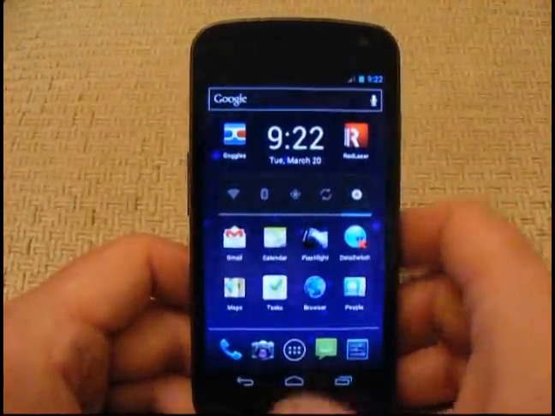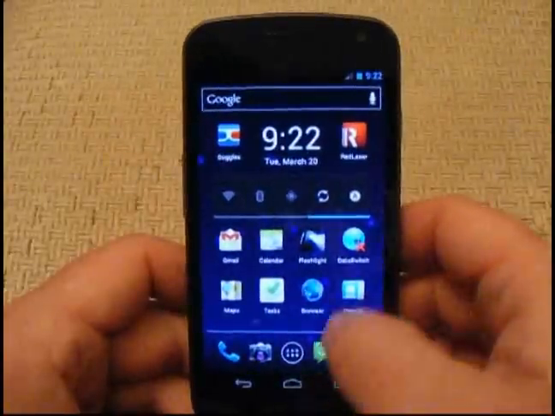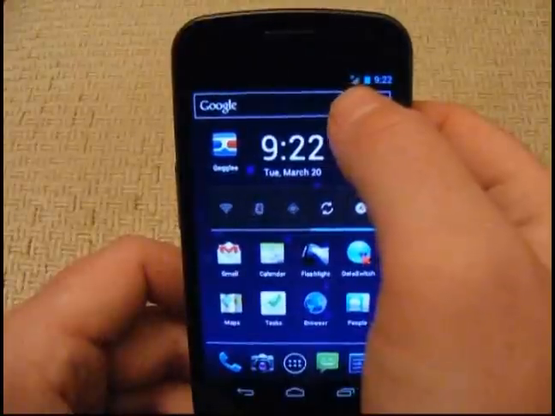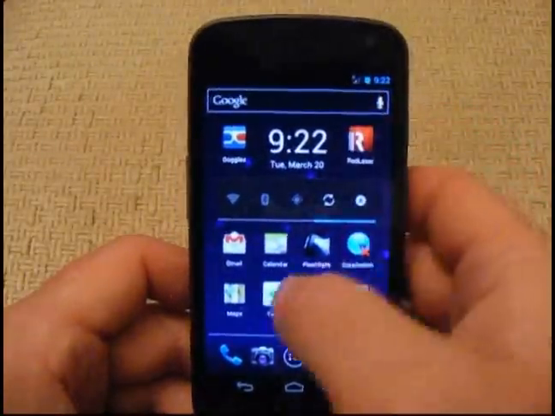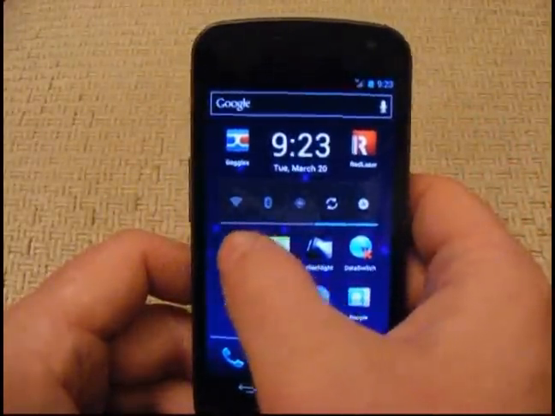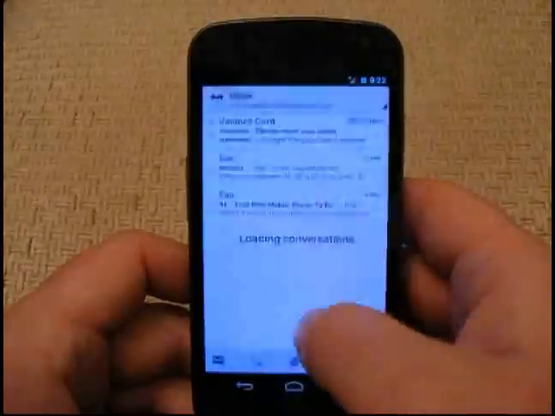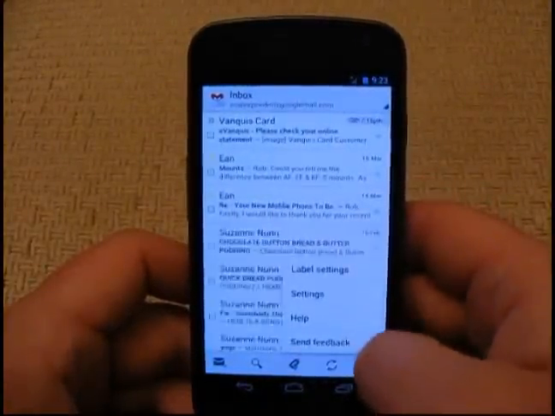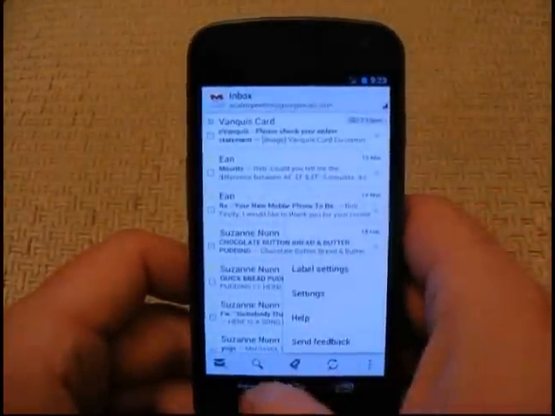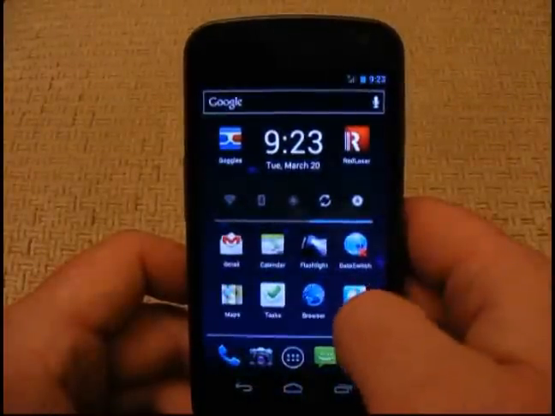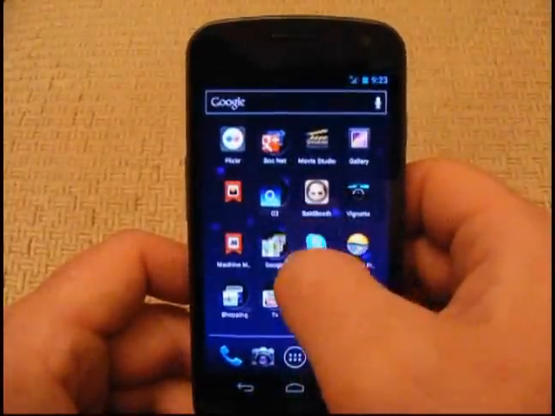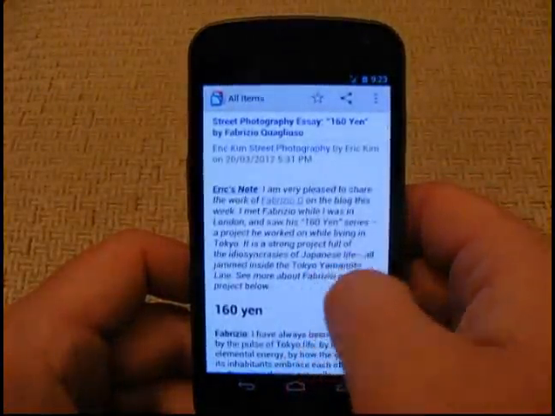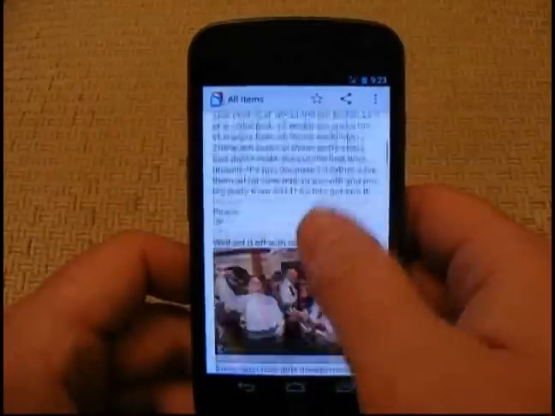And then when I want to check my emails, I press the sync button, press the data switch button, mobile data comes on, and you'll see a little H has appeared up there, you might be able to see that. Then I could go into Gmail and it will sync itself. I can force it to sync by using the settings, and then it will come up with the latest emails. I can maybe go onto Google Reader, read a few articles,